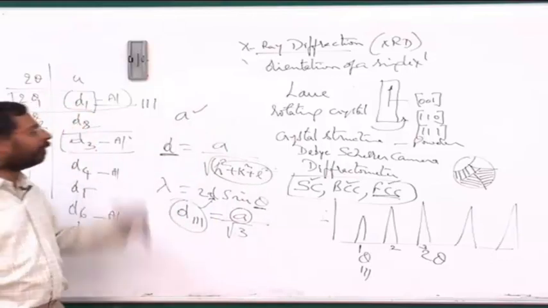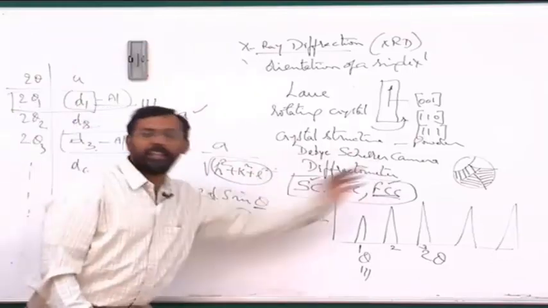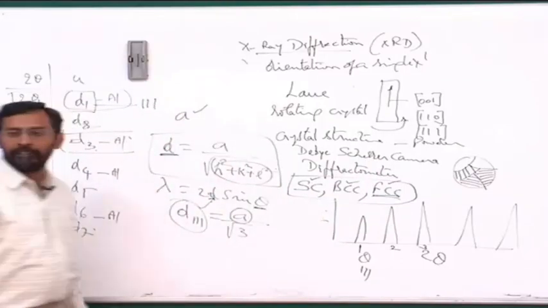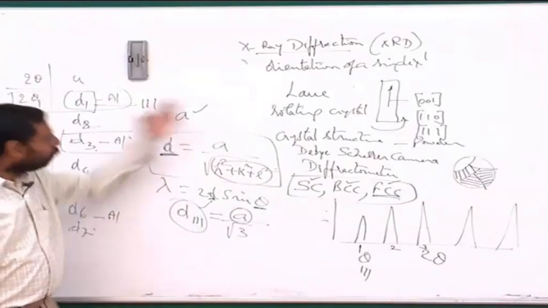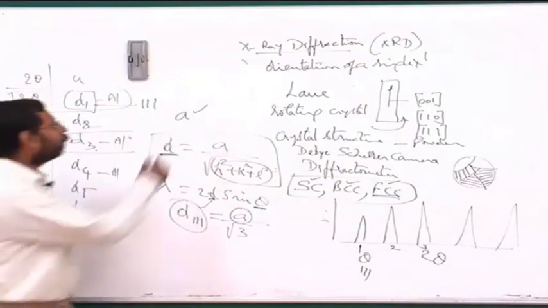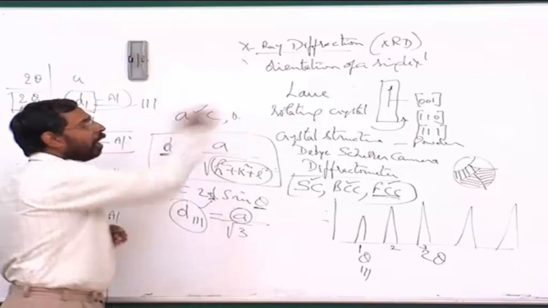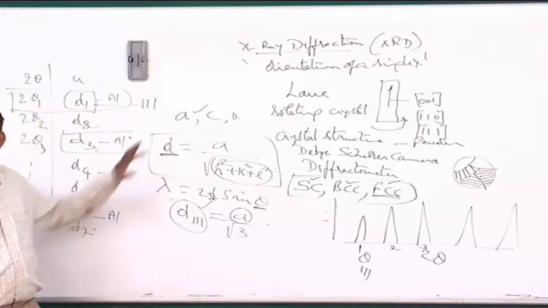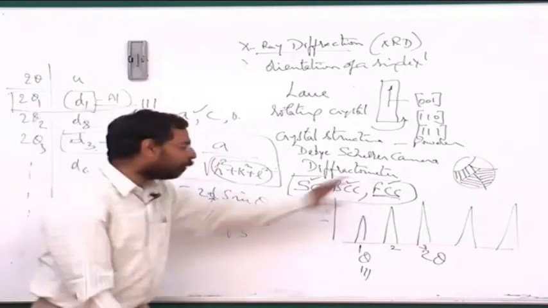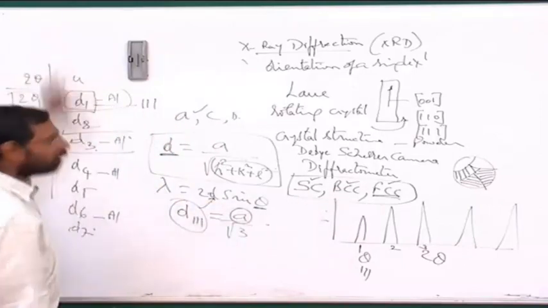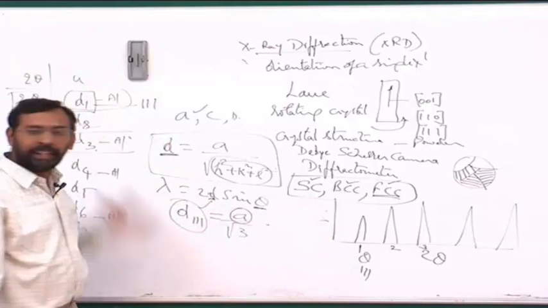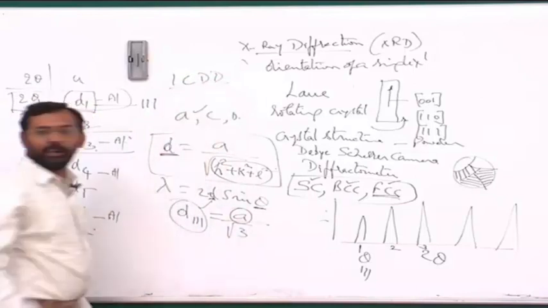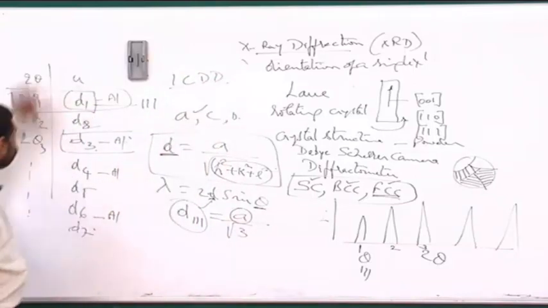And if it is not cubic, if it is tetragonal, there are formulas available for all this. This formula will slightly get modified when you go from cubic to something else. But using this particular formula, we can find out a, b, c, whatever it is, for a particular structure. But if it is a more complicated structure where I am not able to find out using the ratios of sine square theta, which I mentioned some time back, then the best method is to go to ICDD and find out what is the phase corresponding to these particular peaks.